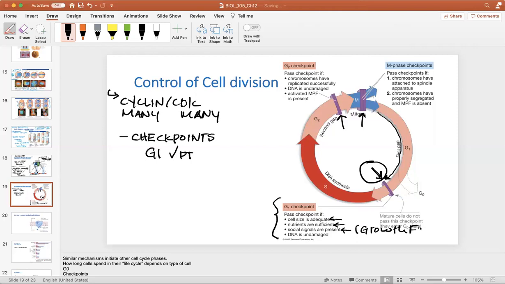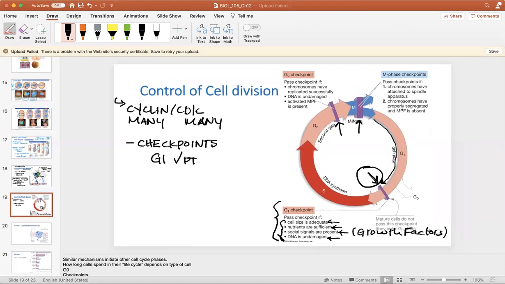Think of these as hormones that signal that the cell population is at the right size for the cell to undergo division. And then the last thing is there are enzymes that check to make sure the DNA is not damaged. You don't want to copy a bunch of DNA that's damaged, right? And so if the DNA is damaged, then this cell will no longer divide and it will just die. So at the G1 checkpoint, these things have to be satisfied. And if they are, then the cyclin CDK combo is going to,